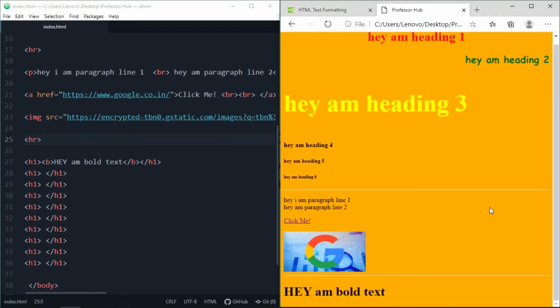Look, we got a bold text here. Write bold text. Cut this out from here and paste it after the bold text. And refresh it. So this is our bold text here.